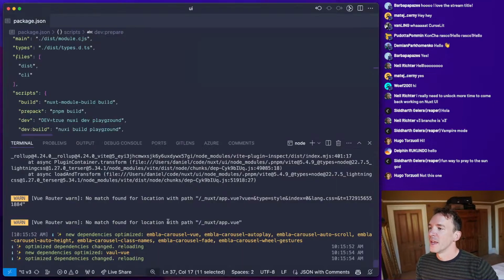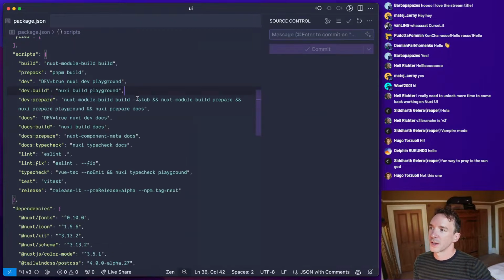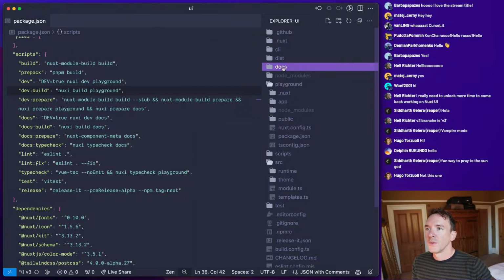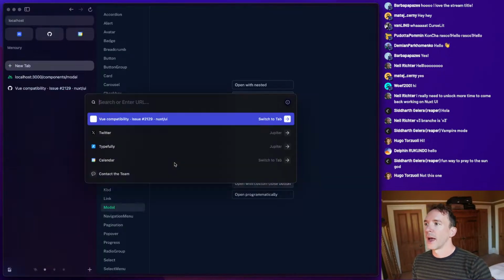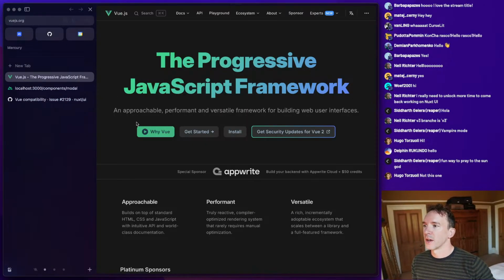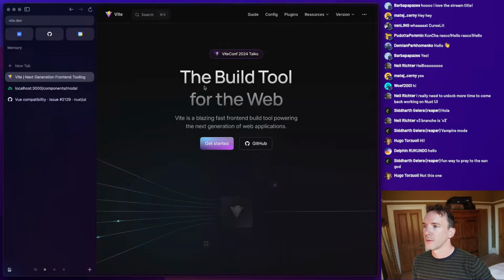Apologies. Okay, so we need to somehow make it possible to use Nuxt UI with Vue. I think the most helpful thing is just to start playing around and see where things break, because they will certainly break. So let's start a new Vue project with Vite. Vite dev.